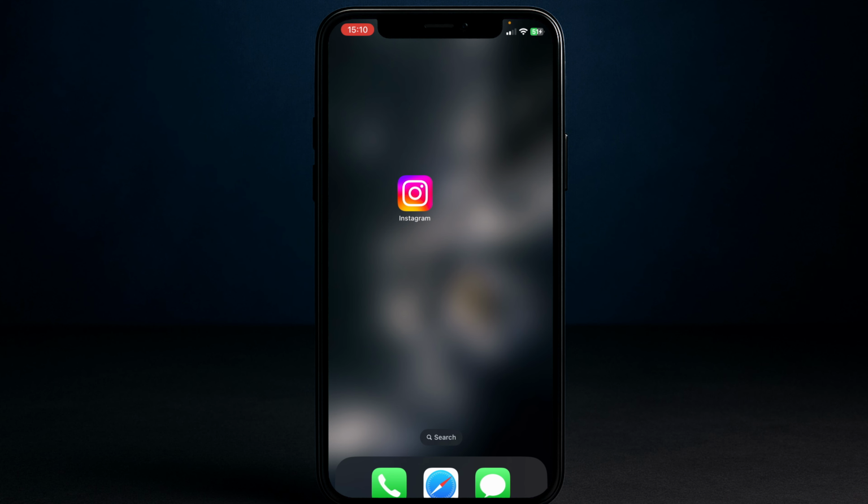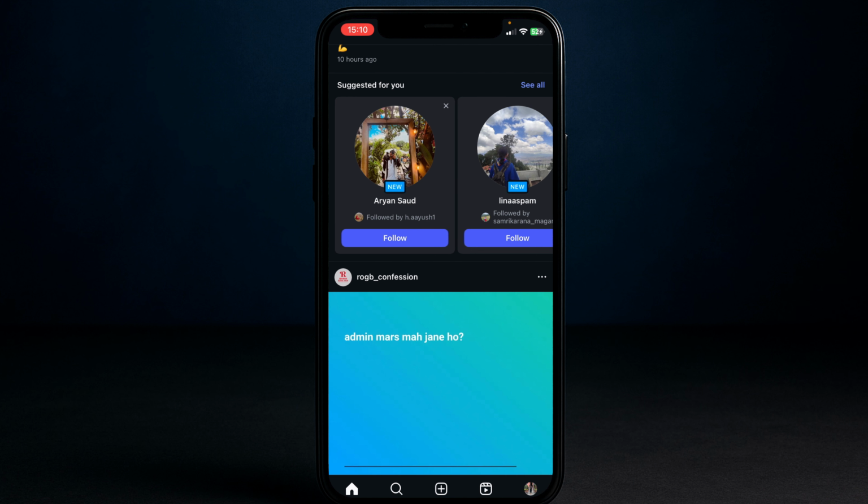how to hide active status on your Instagram. Don't want people to see when you're online on Instagram? Here's how you hide your active status. Open the Instagram app, then go to your profile